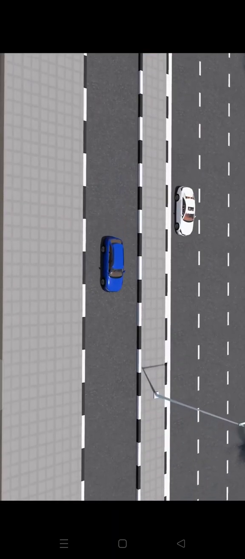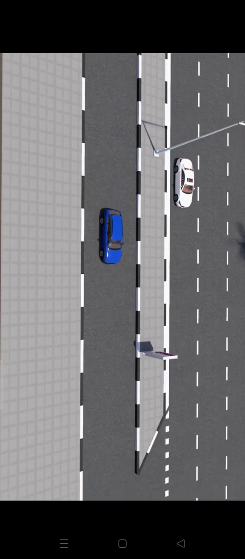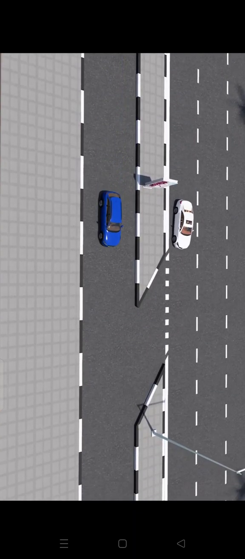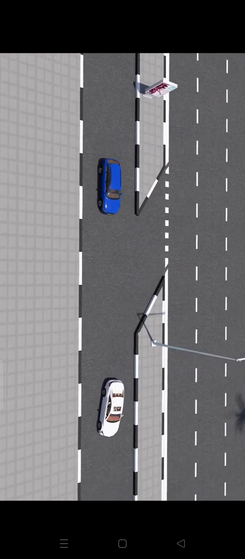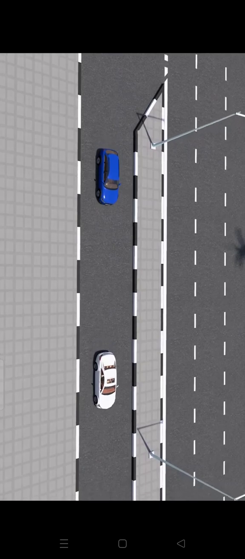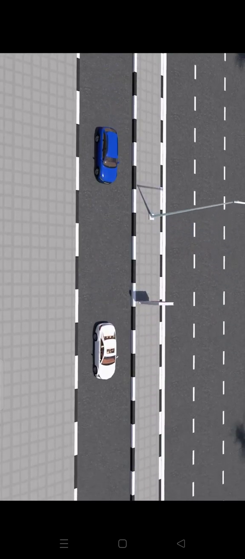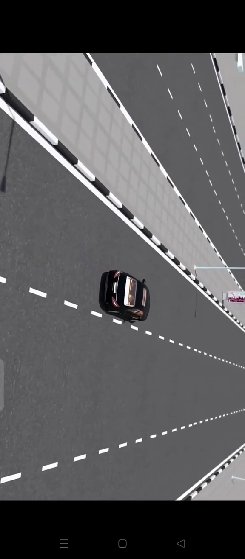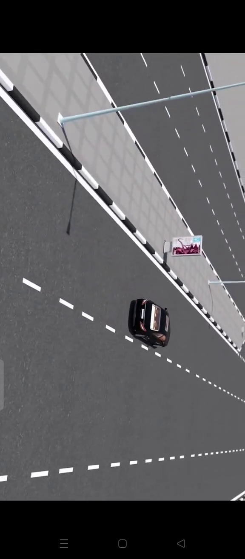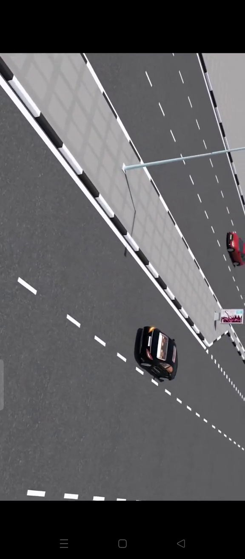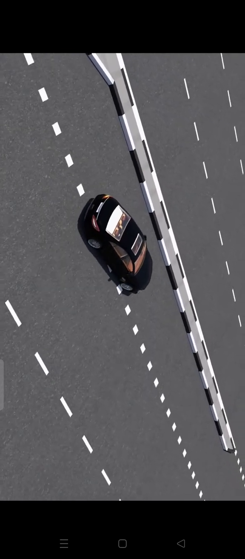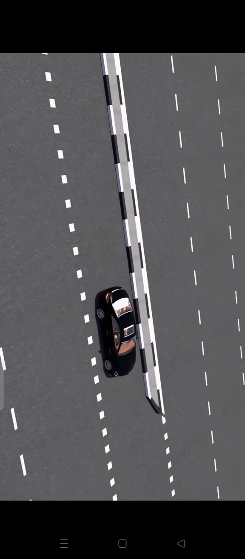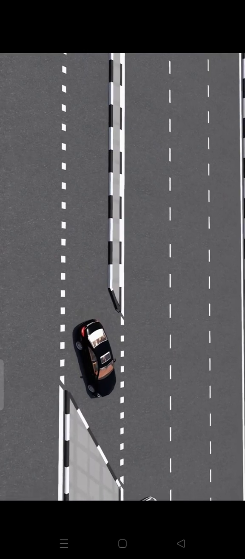Rule 5. The vehicle that is moving in the service lane must give way to vehicles coming from the main road to the service road. The priority in this case is for the white vehicle. Rule 6. When entering to the opposite side of the main road from the storage path, the driver has to give way to the opposite vehicles, and in this case the priority is for the white vehicle.